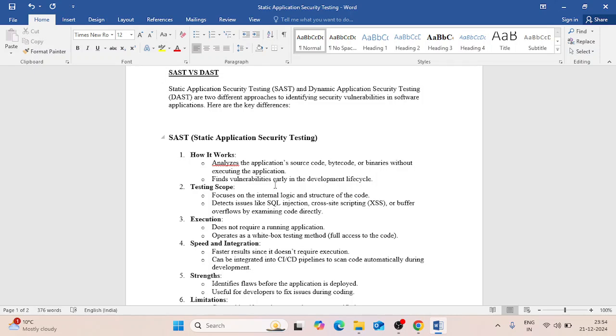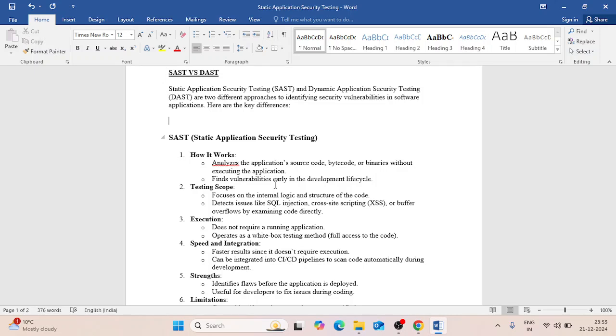I know how to analyze the application source code, bytecode, binary without executing the application. Next, my target will be to find vulnerabilities early in the development life cycle. SAST application security testing is always performed during the development or after the development, or we can say between development and production.